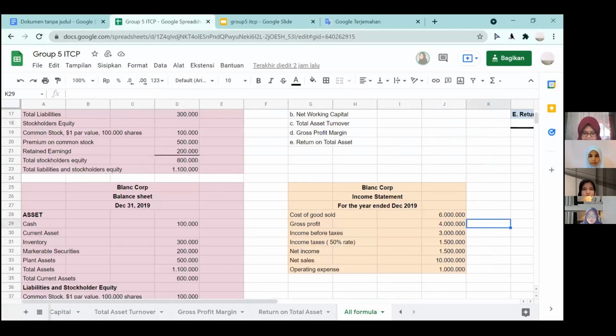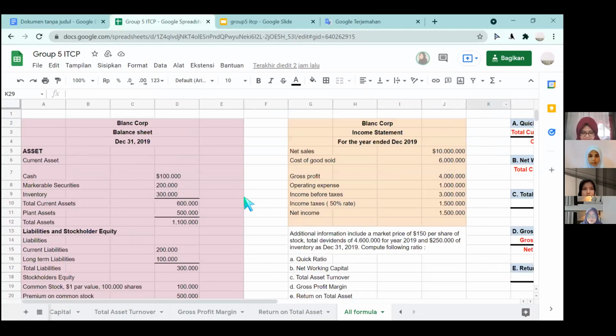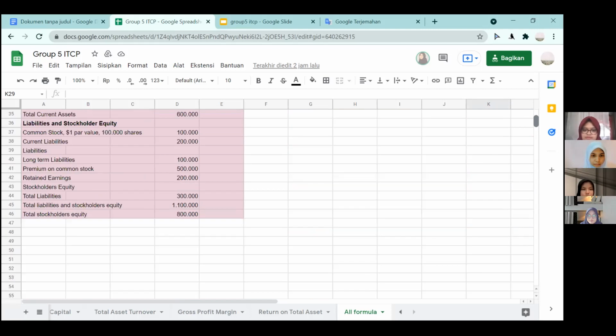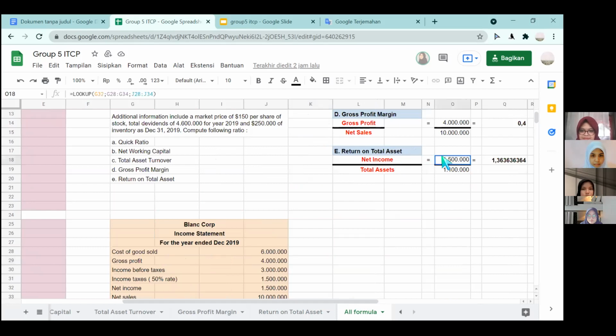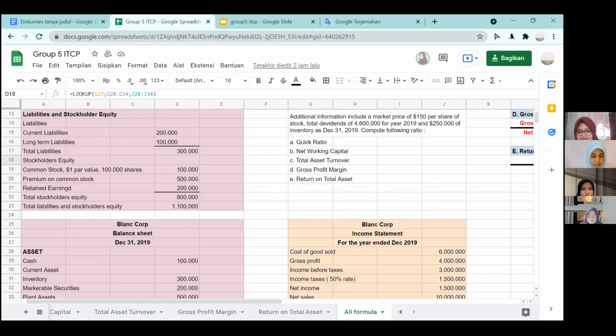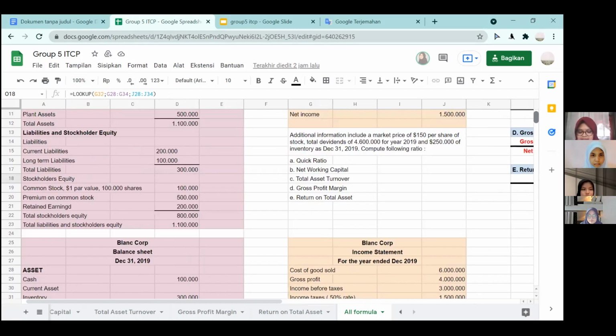So here's the example. The data that shows balance sheet and income statement. All the formula we can use lookup function to make it easier. But first, we should arrange it based on alphabet. Then lookup formula,